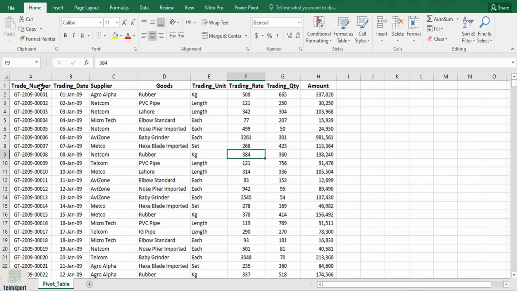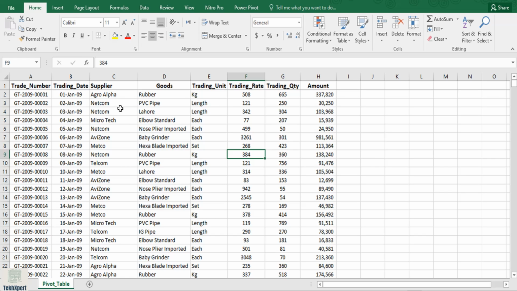So here we have a trading data and we can create multiple types of reporting with the help of pivot table. We will move forward step by step. Suppose we want to create a summarized report of goods along with the value.